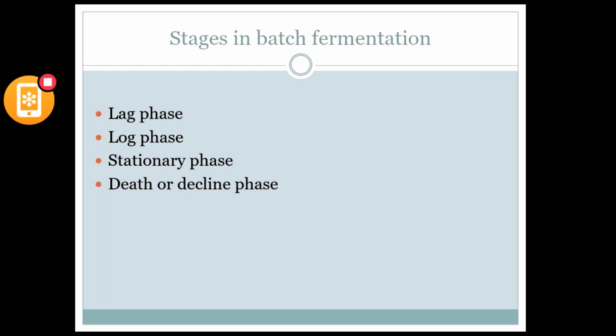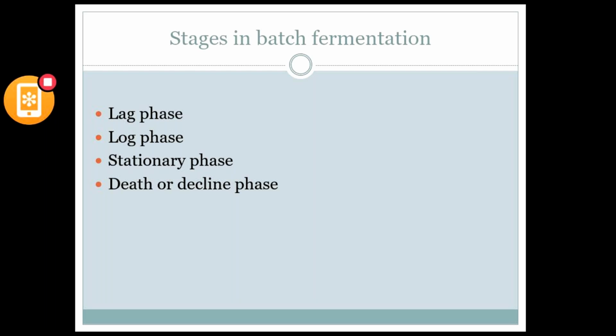When we come to the log phase, here cells adapt to the new environment condition. That means cells get adjusted to the environment and they start multiplication, because in the lag phase they are already ready. And in this log phase, their number increases continuously. So this log phase is also called the exponential phase. In this log phase, the cell number doubles and cell mass also increases.